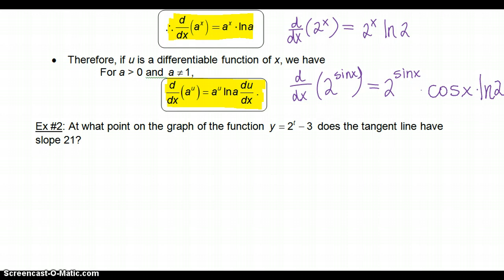All right, example 2. At what point on the graph of the function y equals 2 to the t minus 3 does the tangent line have a slope of 21? Okay, so I need to find,